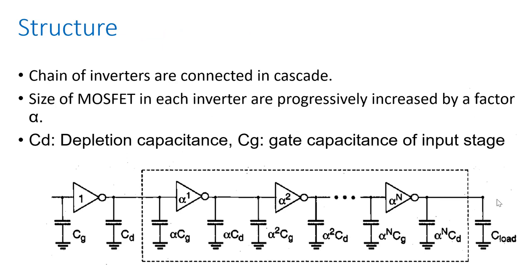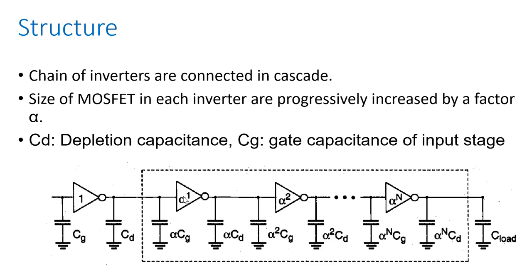Now, see the construction of the super buffer. Basically it is a chain of inverters, a cascading of inverters. So n inverters are connected in cascade, but the inverters we are using have different sizes. Let the first logic gate we are using be of unit size, that is W of PMOS and NMOS having a size of 1 unit. In the next stage, that is the first stage of the buffer, we are using the size alpha. We are going to calculate what the value of alpha will be.